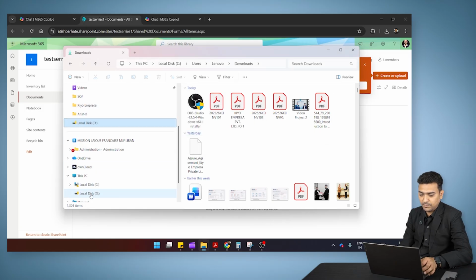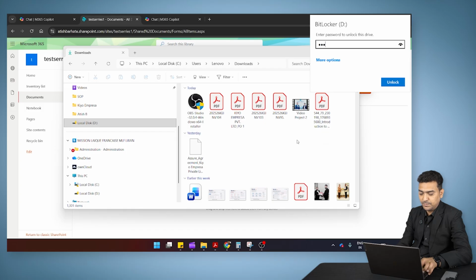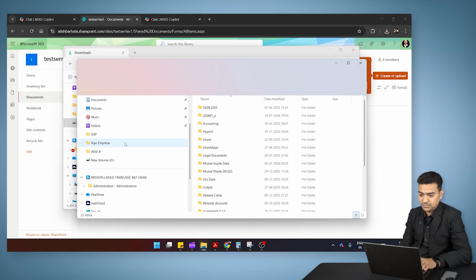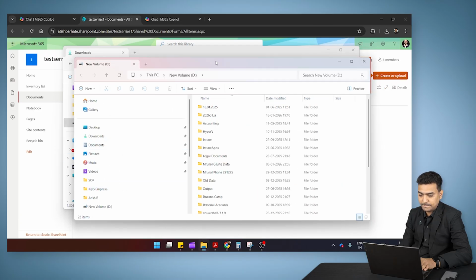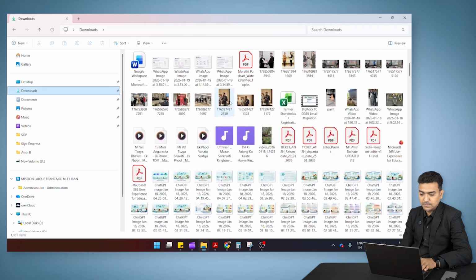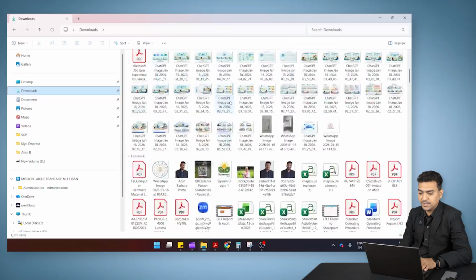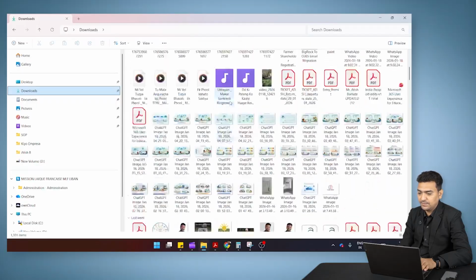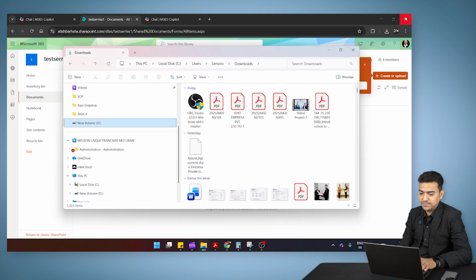It is asking for passwords. So basically I am using the BitLocker encryption for security, so that's why my data is locked. Here you can see the same folders and files inside my downloads. Same thing